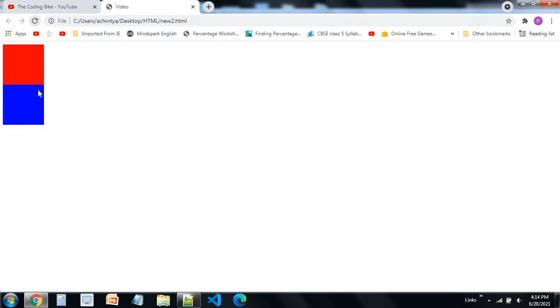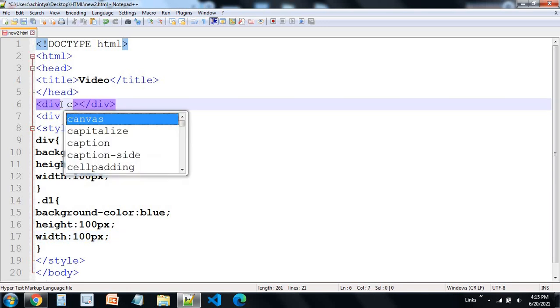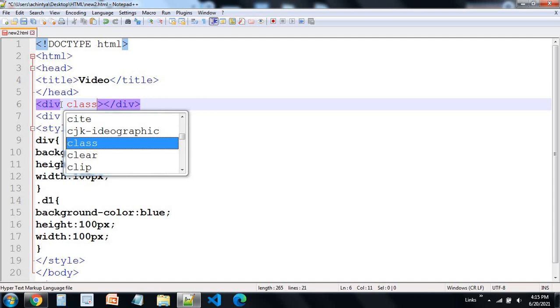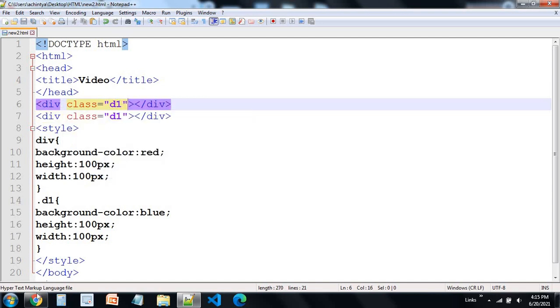Then refresh this. You can see that a blue div is created because the style I have written is blue. Here you might get confused about why you need to use a class and an ID. As I told you, if you want both divs to be blue, instead of changing it over here, you can just give it the class D1 as well.